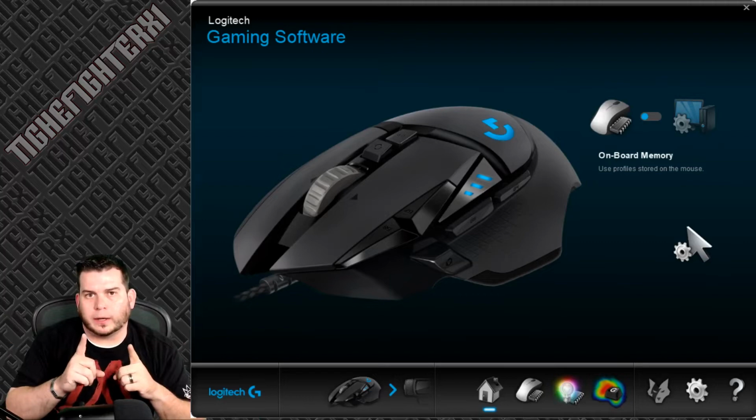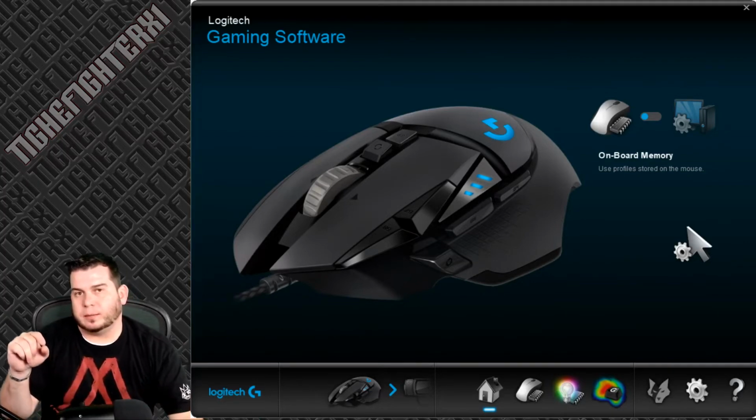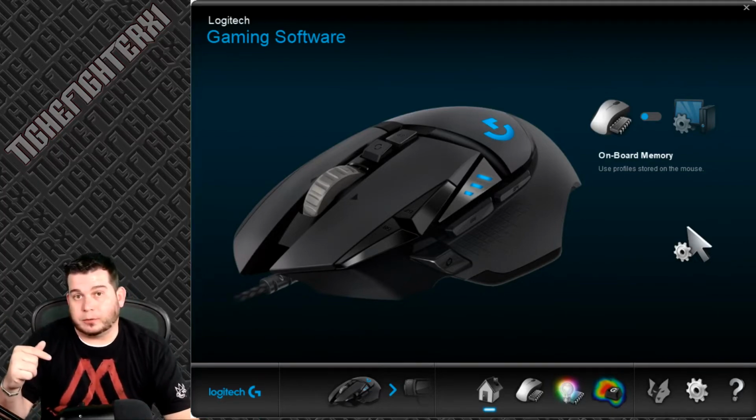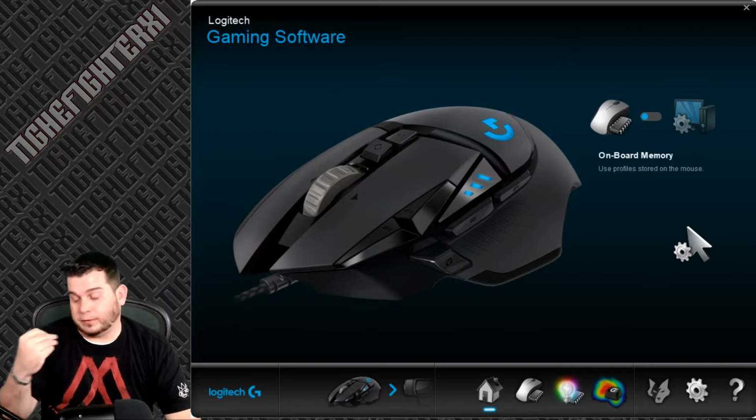Hey, real quick, before you plug in your mouse, register your product. The serial tag for your mouse is next to the plug that plugs into your computer. So if you forget to register it before you plug it in, and you plugged it in the front, you're okay. But if you plugged it in the back to get it out of the way, you have